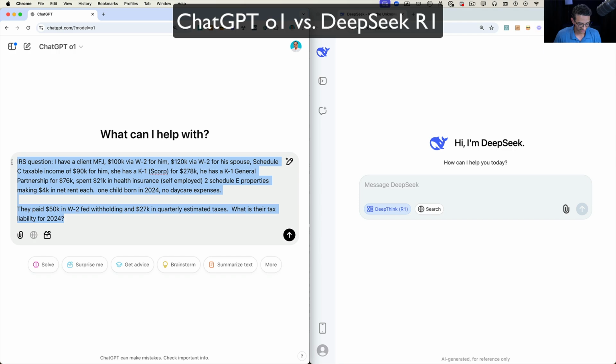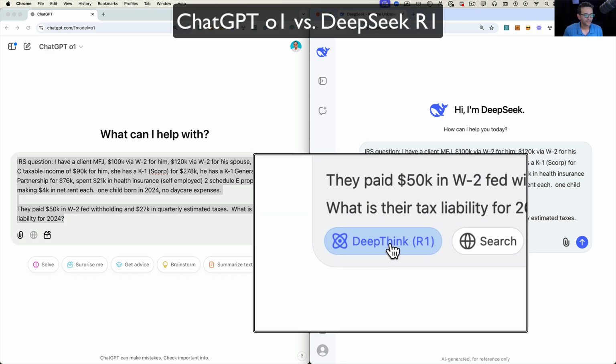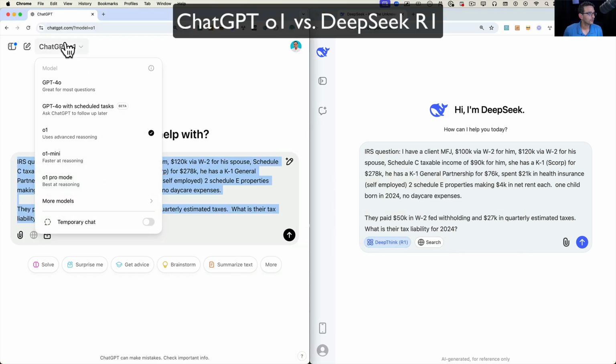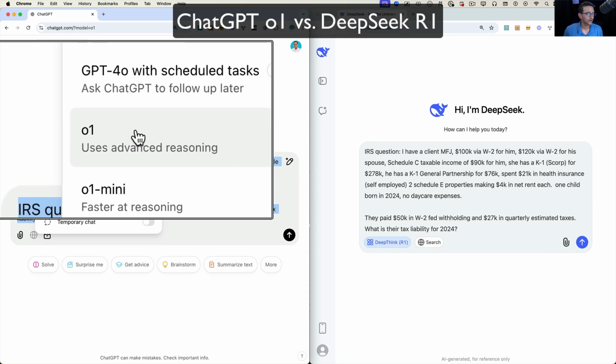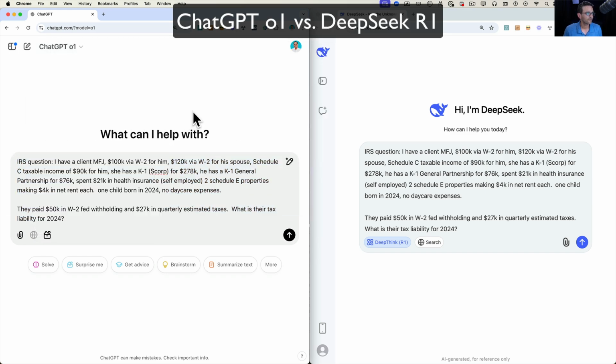So I'm going to grab the exact same question on the ChatGPT side and paste it on the Deepseek side, and I'm going to hit send on both. And we're going to look at 2 things. One, we're going to look at speed, so how quickly both of these process, and both of these are in Deepthink or high reason mode, which takes a lot longer than the standard ChatGPT that you may be used to, especially if you've been using the free versions. So you're going to see it take a little bit longer. And I'm actually going to put a timer at the top so you can see how long it takes.